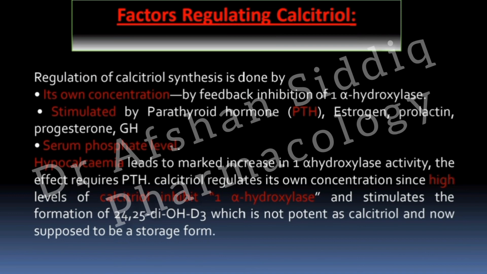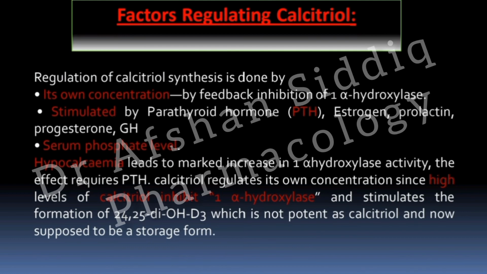Whenever the body needs it, the synthesis is stimulated by, one, a low level of calcium. If the body has a low level of calcium, definitely this is a stimulus, and that will also release parathyroid hormone, which is involved in the absorption of calcium as well as phosphate. Along with that, estrogen, progesterone, and prolactin are also stimulating hormones. Serum phosphate level is the second stimulator